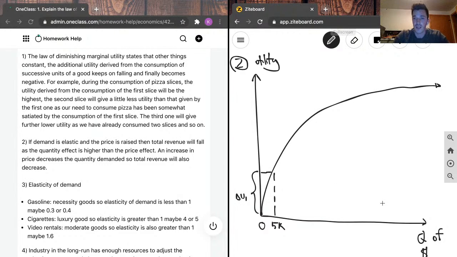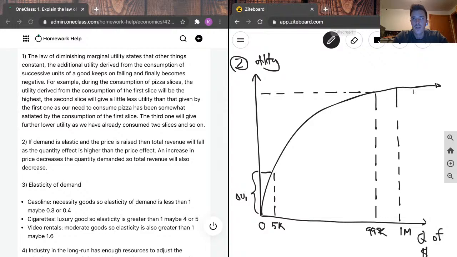And then on the other end of this graph, if we say that this person has $995,000 and they make another $5,000, giving them $1 million, we can see by drawing this out that the utility added from this extra $5,000 when you already have a very large amount of money is a very